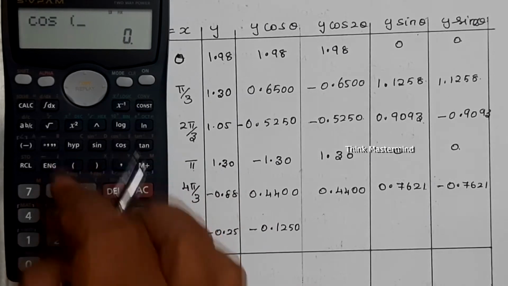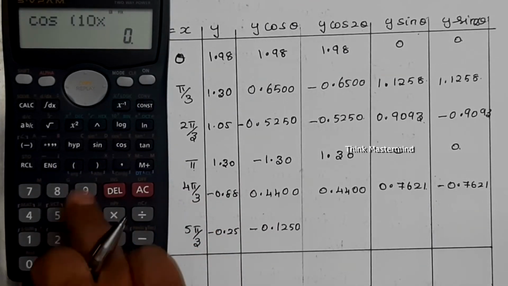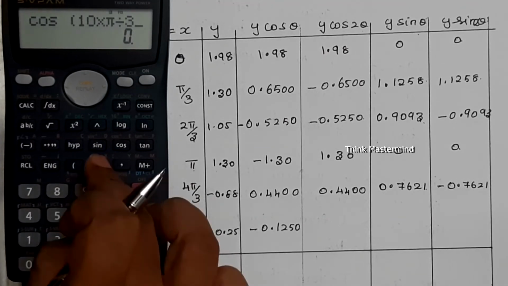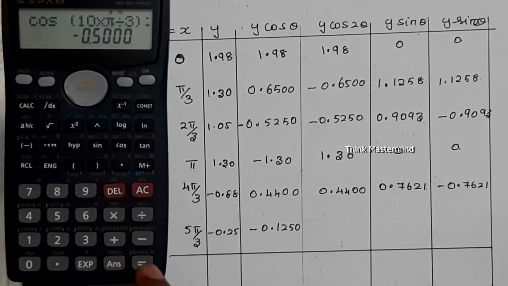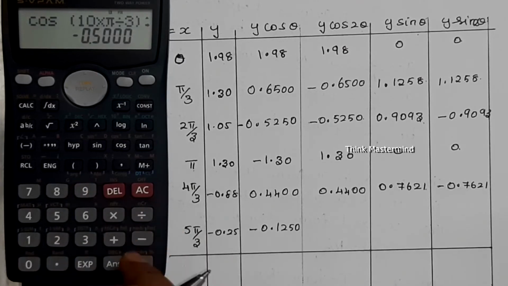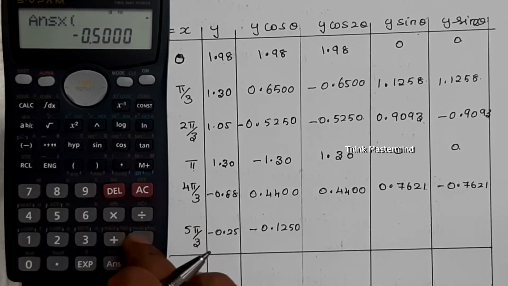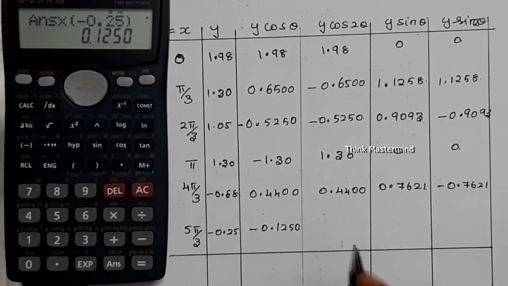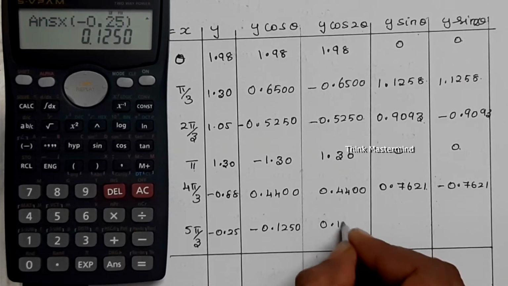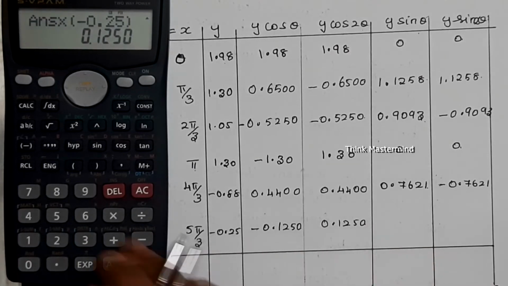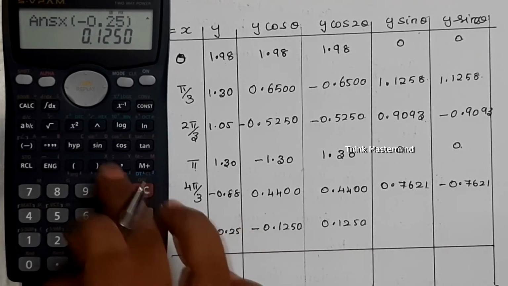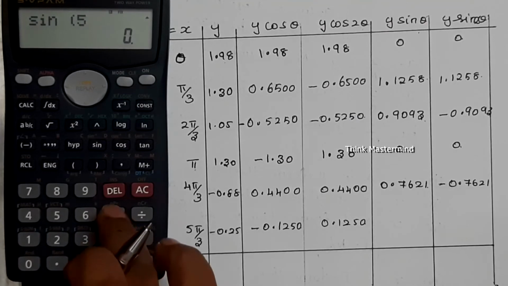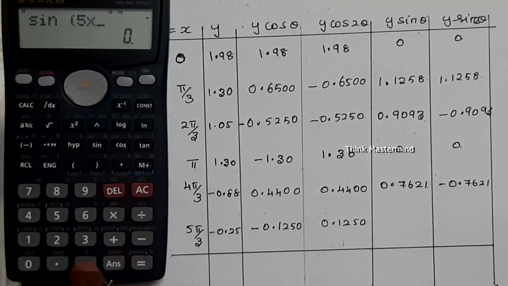So that is cos of 10 into shift pi divided by 3, close the bracket, that is equal to minus, again into corresponding y value, into minus 0.25, that is equal to 0.1250. Next I am going to find sin 5 pi by 3, that is sin of 5 into pi